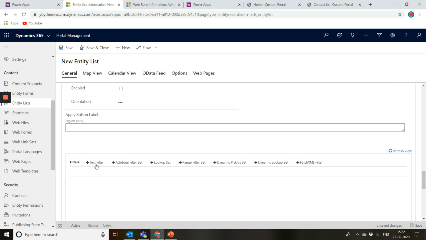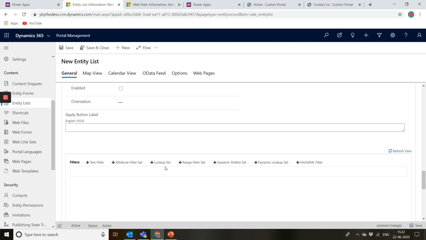I can add specific filters, like a text filter or an attribute filter. If I have an option set and I want to filter only those values which have a specific value, like, let's say, yes or no, I can configure that using an attribute filter set.